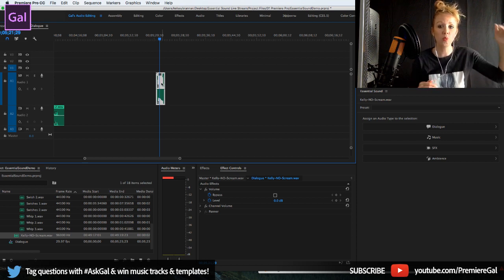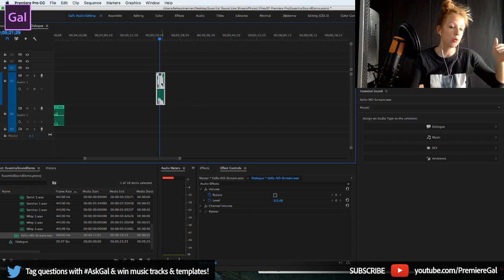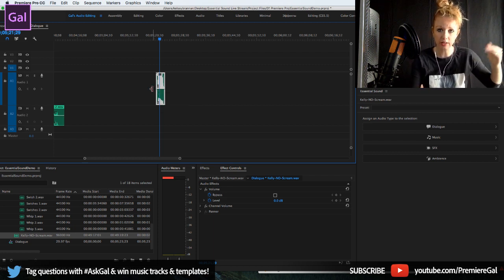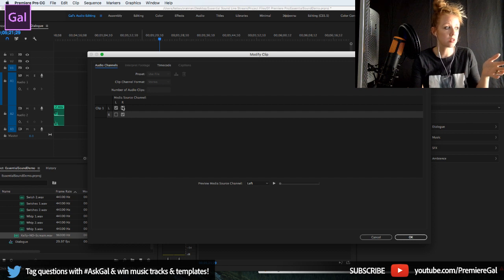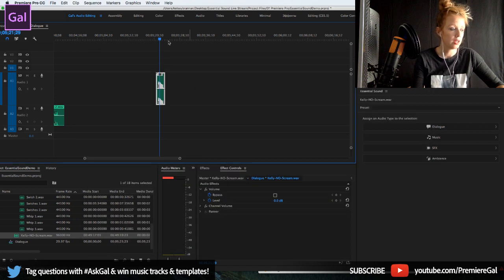And he recorded one channel hot and one channel low. And so if you want just the low channel, because you can see that it's peaking too much on the left channel, we can actually make it all on the right. So if you right click and go to audio channels, you can change this to be both on the right. So uncheck the left and check the right and hit OK. Now if we play it back,